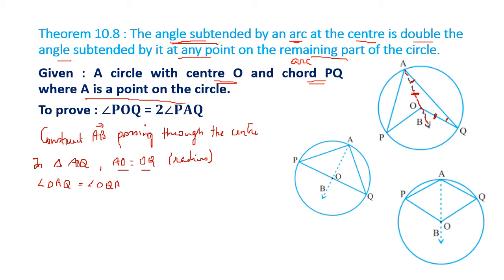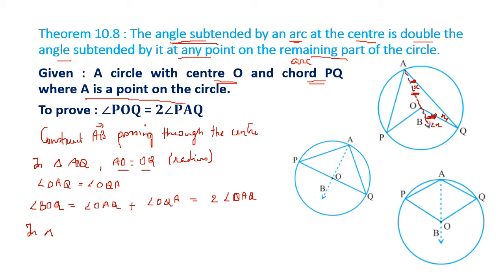Right? This we know. Now, this angle BOQ, the external angle, you know the external angle theorem? Angle BOQ equals the sum of the internal opposite angles, so angle OAQ plus angle OQA. But OAQ and OQA are equal, so we'll have BOQ equal to twice angle OAQ. So BOQ, this angle, is twice this angle. We can even call this x, then this will be x and this will be 2x. Okay, something like this.